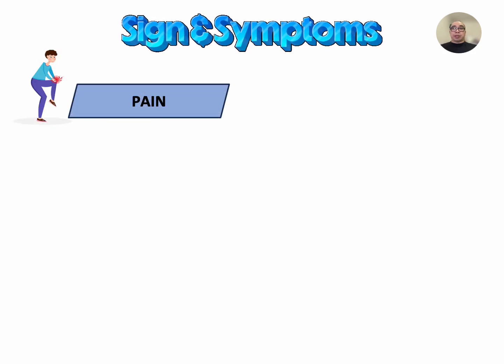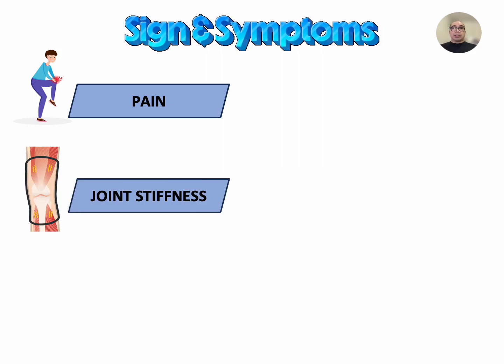The symptoms of osteoarthritis often begin slowly and usually begin with one or a few joints. The common symptoms include pain when using the joint, which may improve with rest. For some people, in the later stages of the disease, the pain may be worse at night. Pain can be localized or widespread. Joint stiffness, usually lasting less than 30 minutes, in the morning or after resting for a period of time.